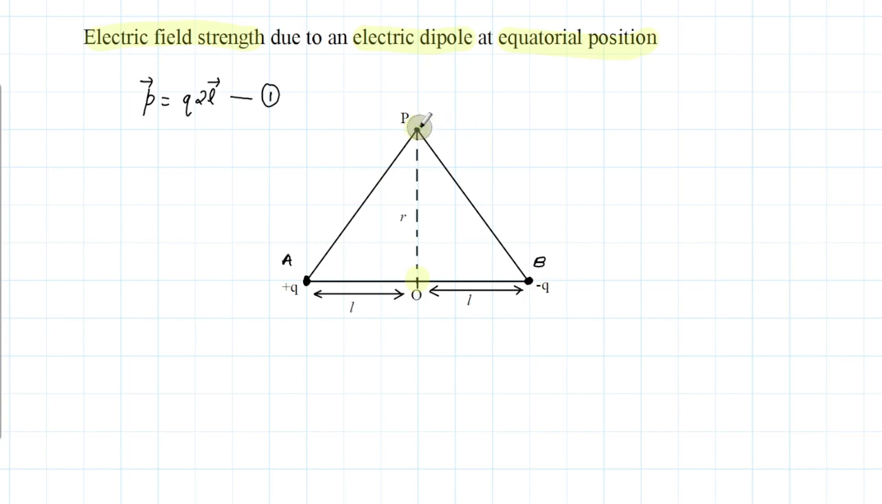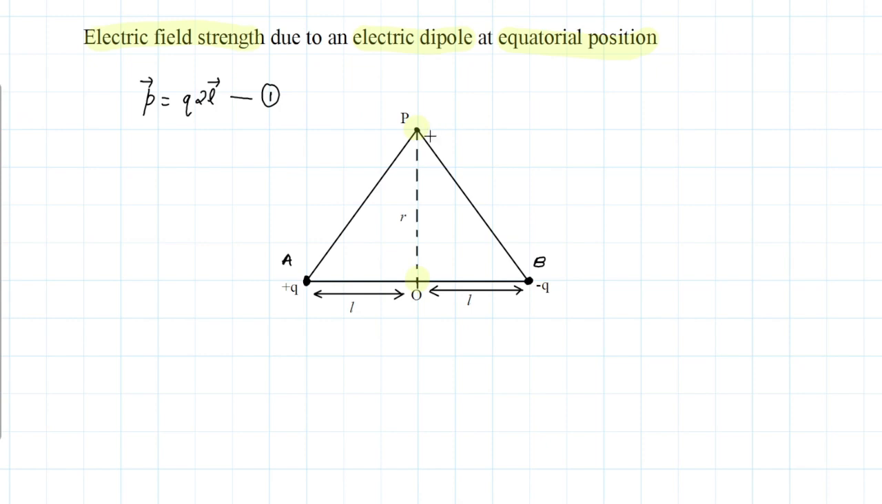That basically means we need to bring a test charge here and see how the electric field strength is experienced by the test charge at P because of this positive and this negative charge. Then we will use the principle of superposition and find the individual electric field strengths due to plus Q and minus Q, and take the vector sum to get the net electric field strength at P. To begin with, first